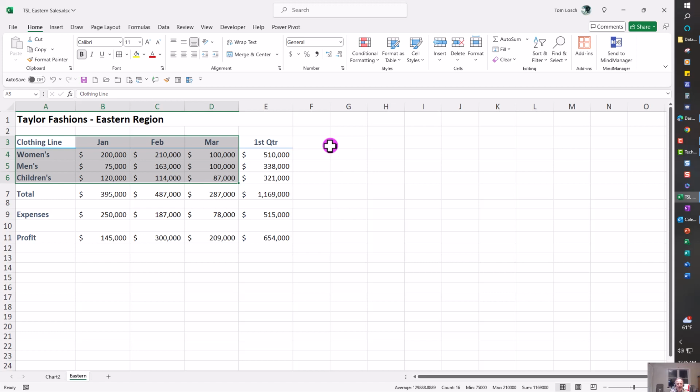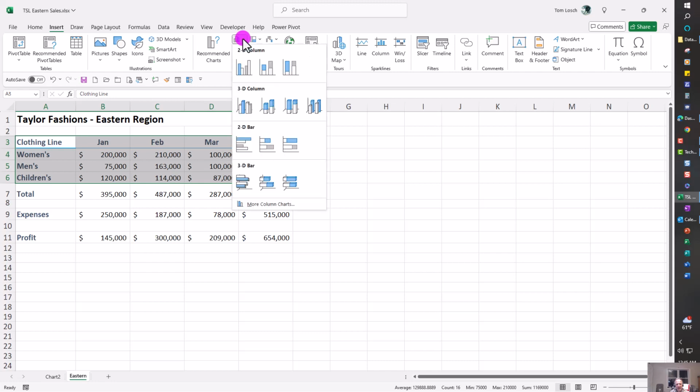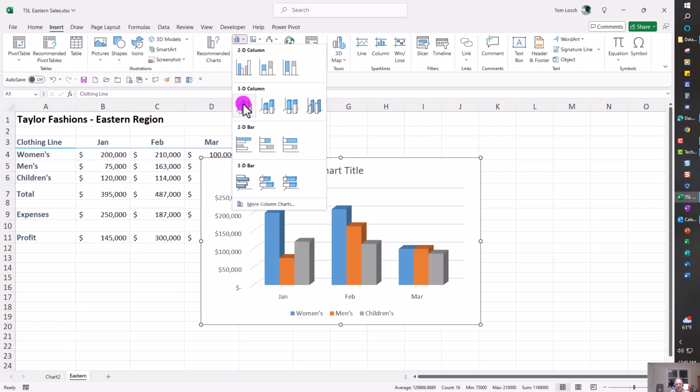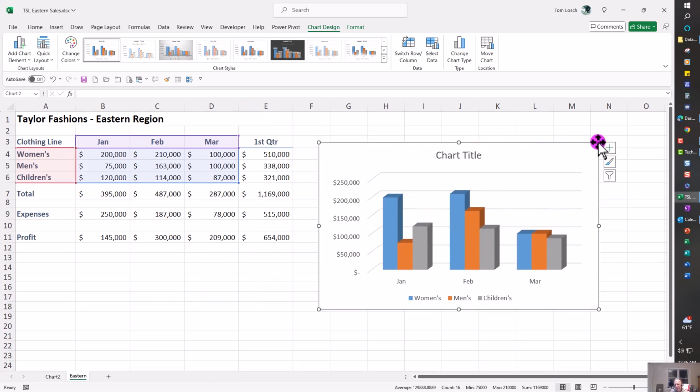I'll use the same data range, but this time I'll go to the Insert tab and I'll notice that there's a group called Charts with a whole bunch of buttons on it. I'll choose this one, and instead of 2-dimensional, I'll choose 3-dimensional. And just like that, I have a graph. I can move it, I can size it,